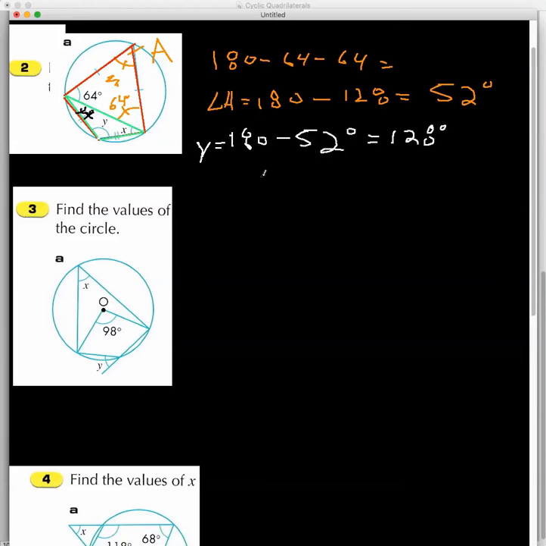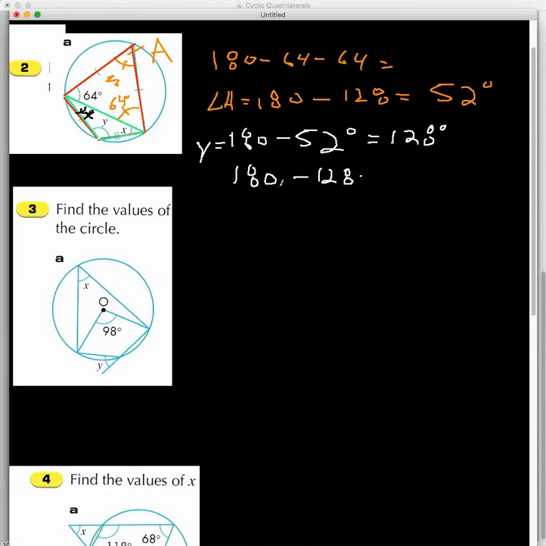Let's put a little x there. All right. So if we have that triangle, then we must know that if we take, for instance, 180 degrees and we subtract y, which is 128, and then we subtract,